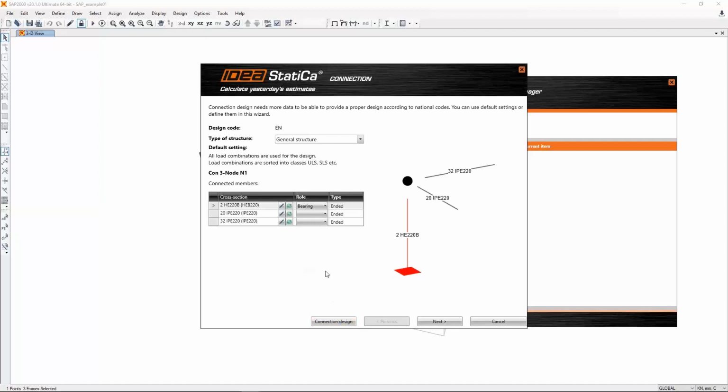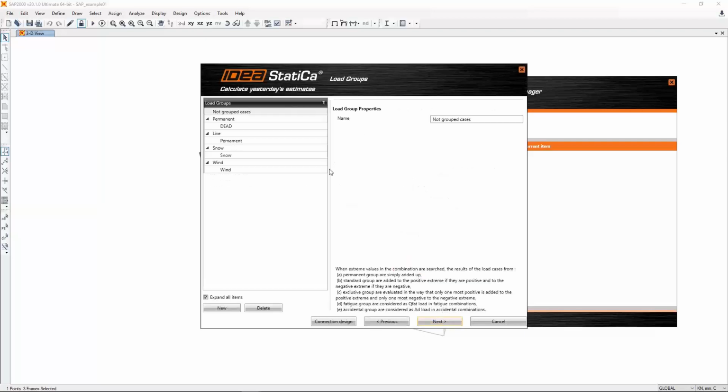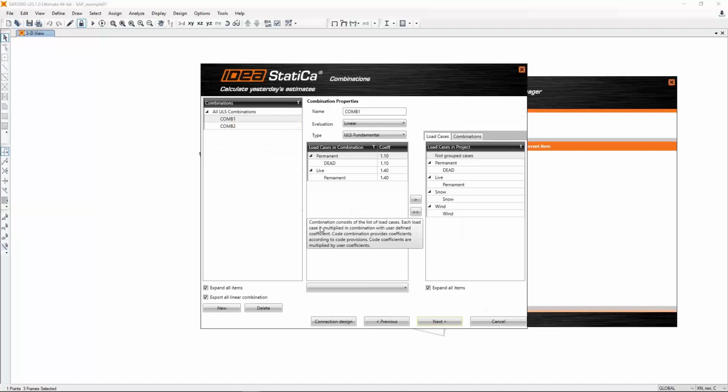But we can go through some steps, and I can show you what you can check with this Code Check Manager. Click on the button Next, and you can check which load cases were used, which combinations. We have two combinations, combination 1 and combination 2. You can check coefficients,